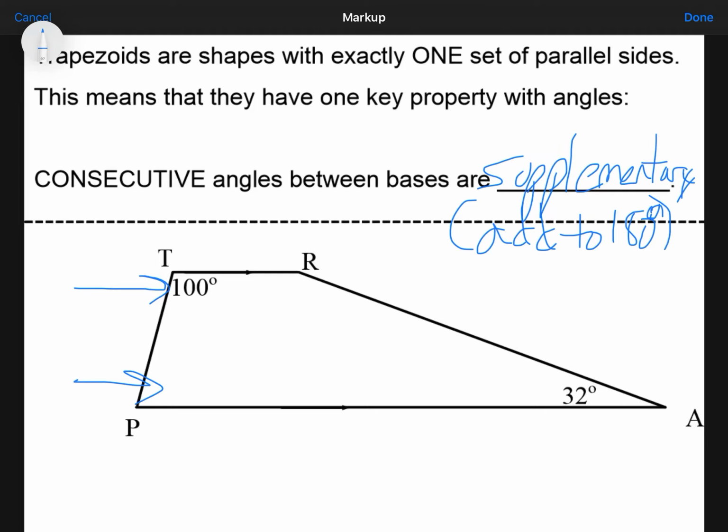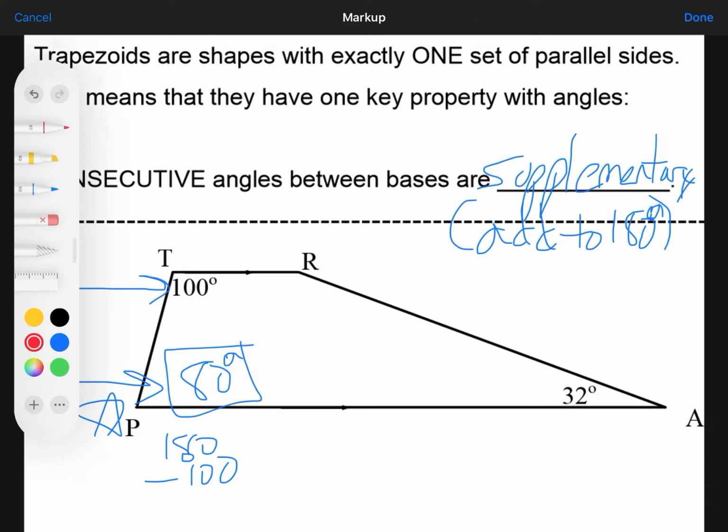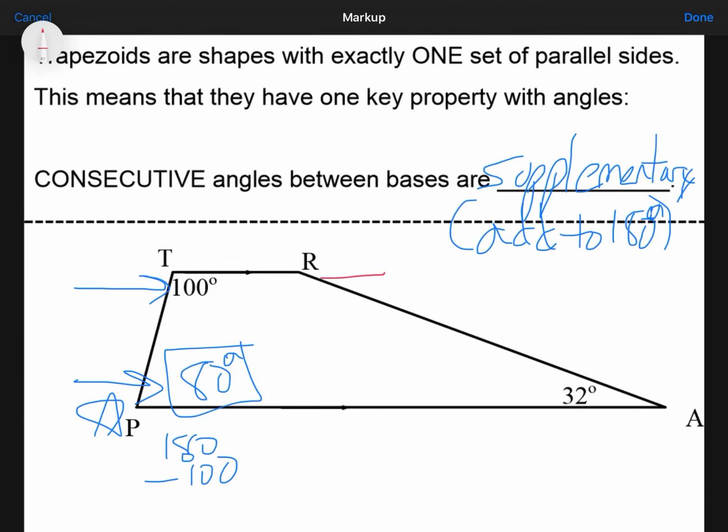So, to find this missing angle, just do 180 minus the 100-degree angle there, and this angle is 80 degrees. Careful, not angle R, but angle P. Angle R can also be found. Angle R is found related to this angle. 180 minus this angle, which is 32 degrees, comes out to be